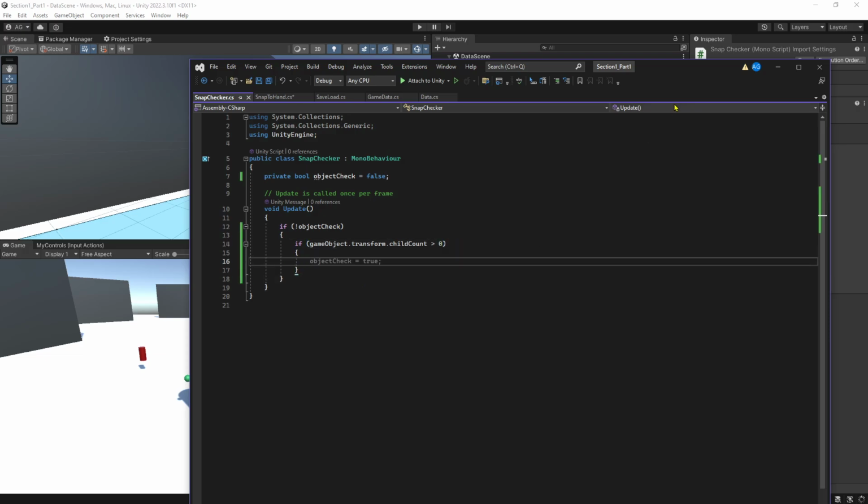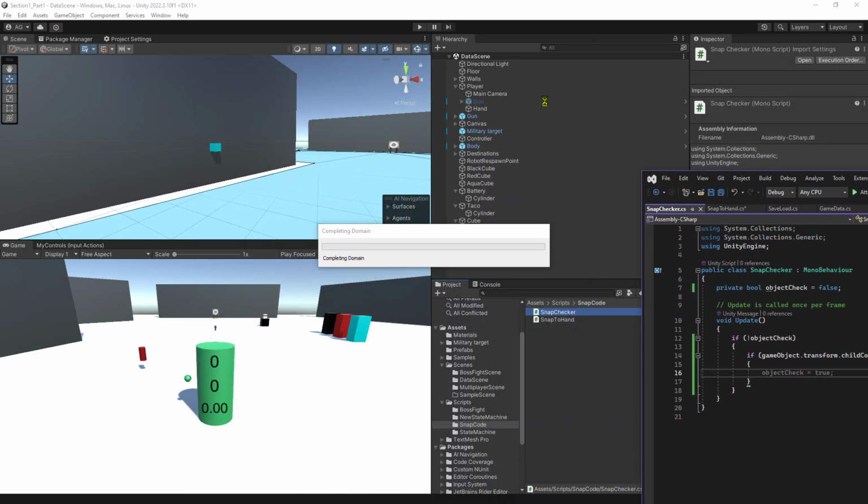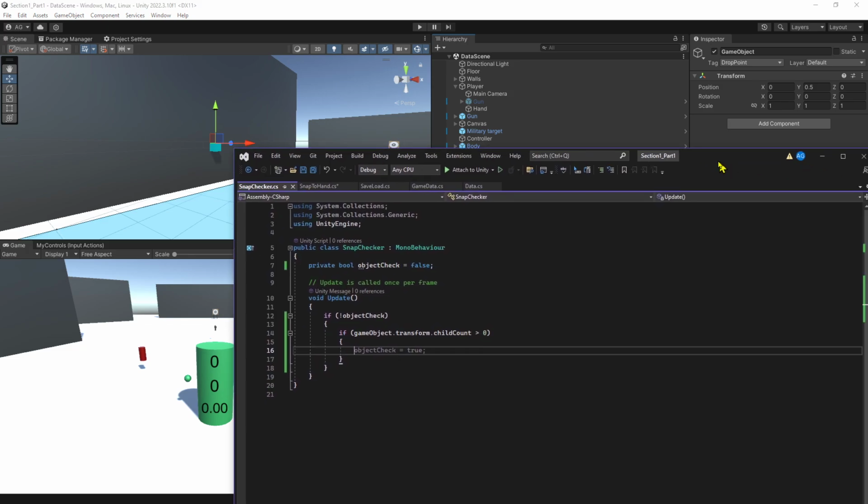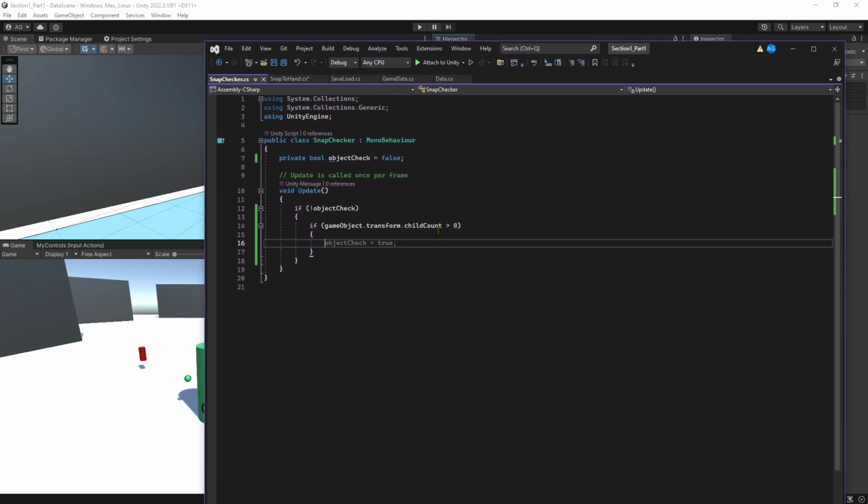So what is that doing, right? So we're checking on our cube game object. It's just going to go here on our game object, right? Because that's what we're attaching to. So we're going to check and see if anything is a child of that, right? So we're going to count how many children are there. And it's going to be more than 0 if we add something there. So if that's the case, if we have more than that, we're going to say object checked equals true,